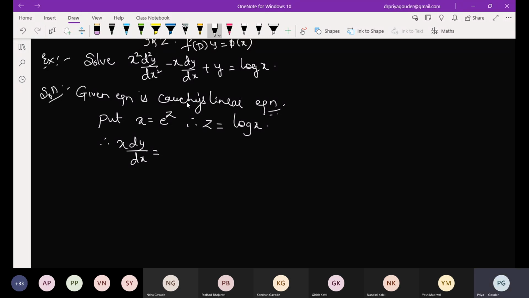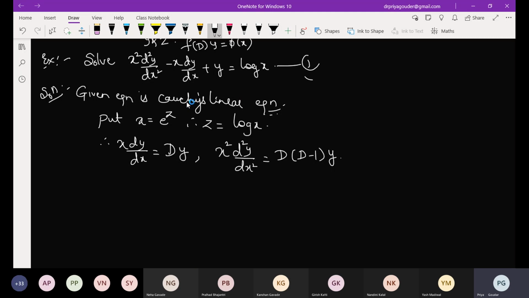Just now we discussed, if it is only first order, only one D will come, right? What about the second order? They are all fixed: D into D minus 1. Now shall I take x cube into d cube y by dx cube for this problem? No, ma'am, because it is not present. Why worry about extra things?